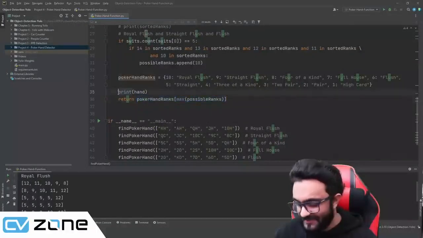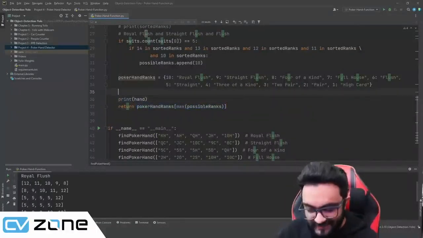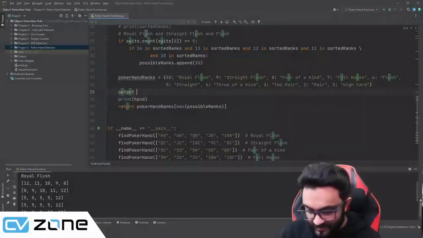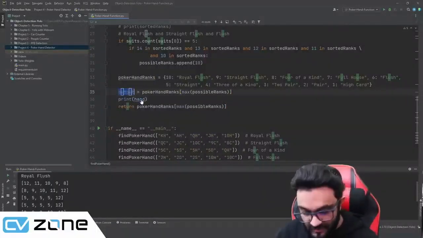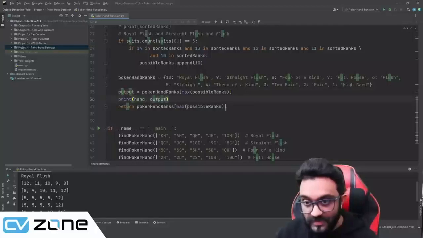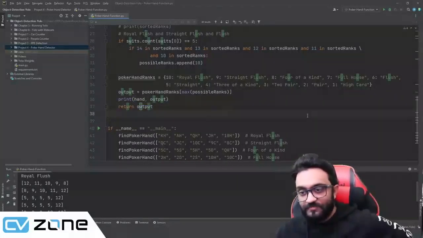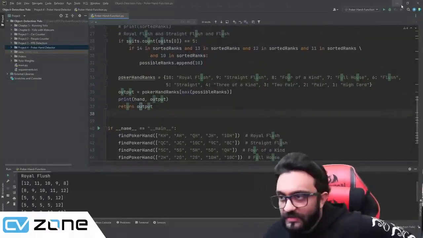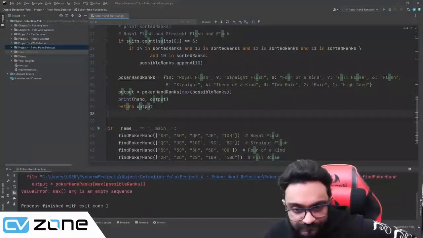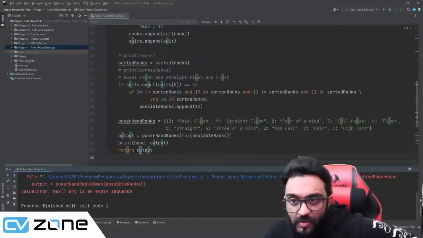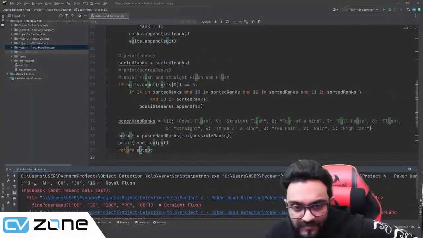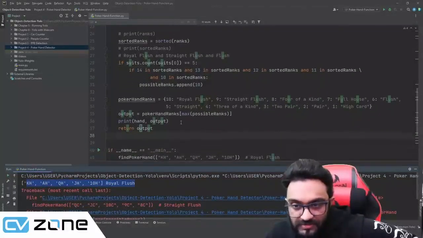Let's call it output, and then print the output, and return the output. There you go. So let's run that and see what we get. Max argument is an empty sequence. So for the first one, you can see it is a royal flush, so it is returning that. If nothing is there,